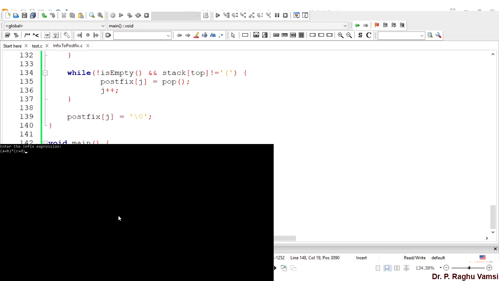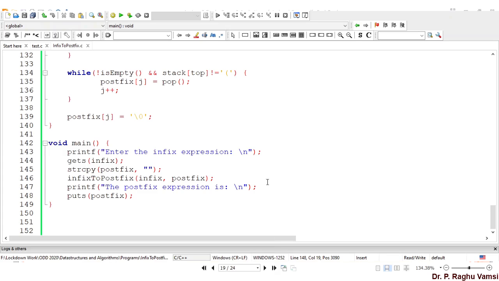Consider a b plus as x and c d plus as y, so x star y, which in postfix is x y star. That means a b plus c d plus star. This should be the answer. Yes, we got a b plus c d plus star. So this is the valid output we got.